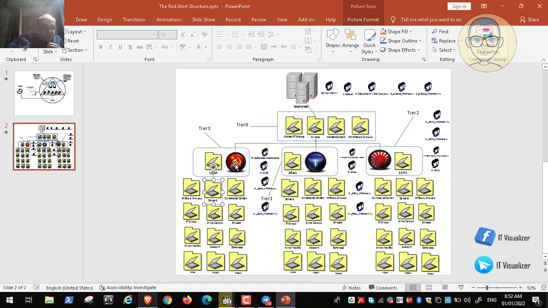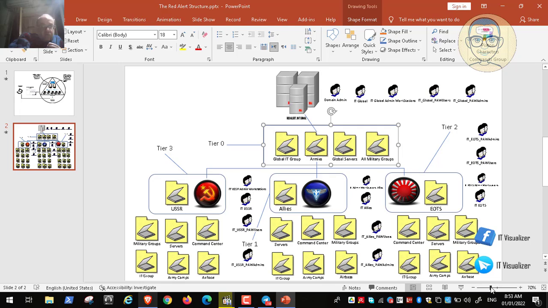Also, we need to have something here. The Russian IT should not have access to computers in the American branch or in the Japanese branch. They can only access their computers in their tier, and the same applies to the other branches or the other tiers. So every IT will access his own PCs in his own branch. We will limit everyone to access his PCs in his branch, and also we will limit the domain admins, enterprise admins and schema admins only to access their PCs in their tier, and not to access any other PC in any other tier or any other branch.